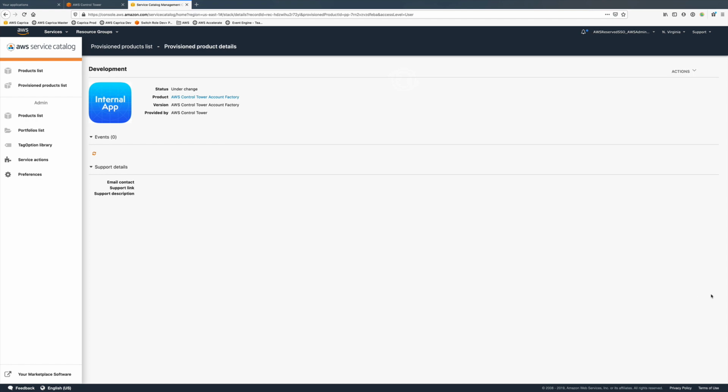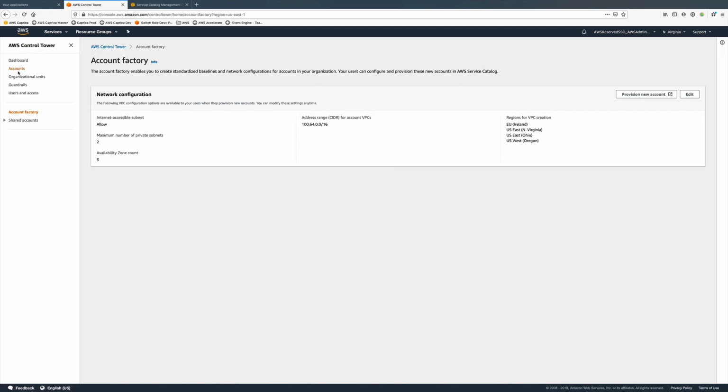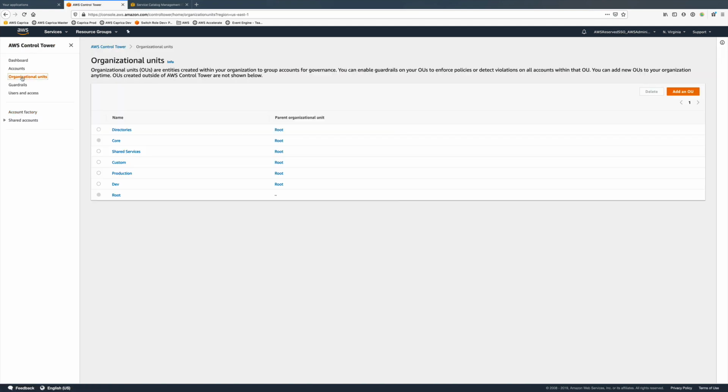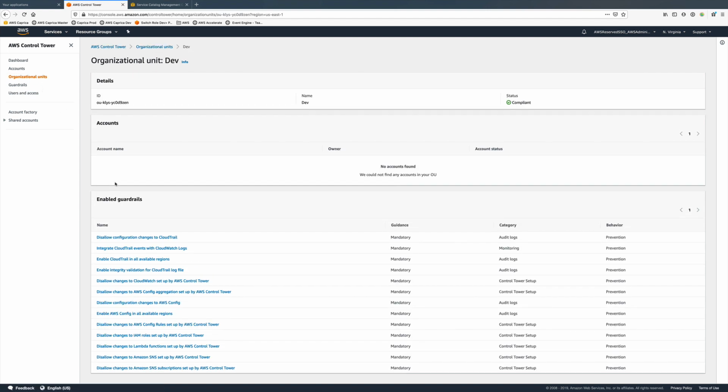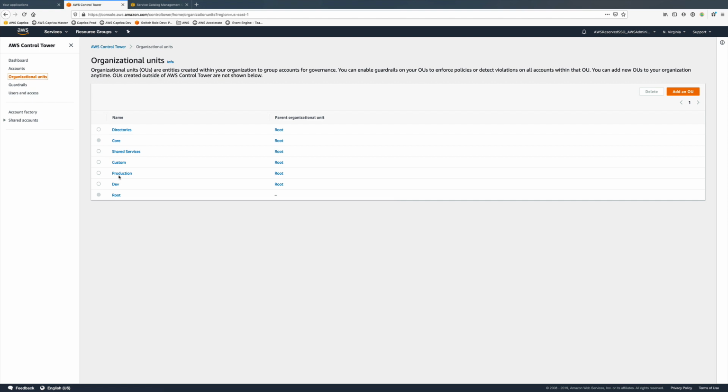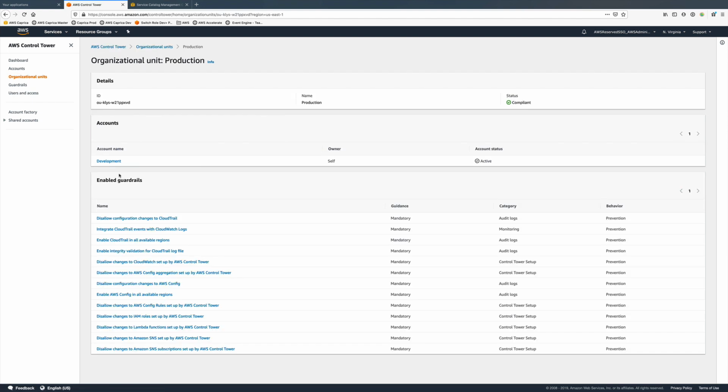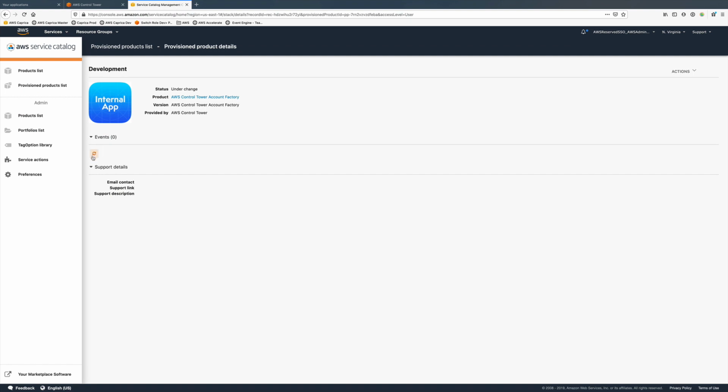Now we're going to see the organization units and click on dev. We see there's no accounts. So we go into production, we see our development accounts where we originally had set them up. All right, so going back into the edit mode